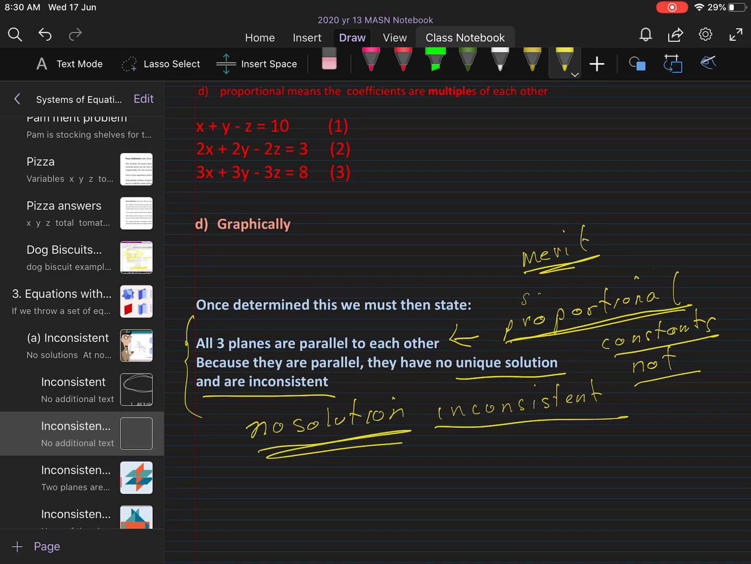Now, there's more that needs to be done at excellence level. We have to do some algebra. But at merit level, if we can identify what the situation is using just the proportional thinking along with the constants, that we have an inconsistent situation, three parallel planes with no solution, then that is the beginnings of what